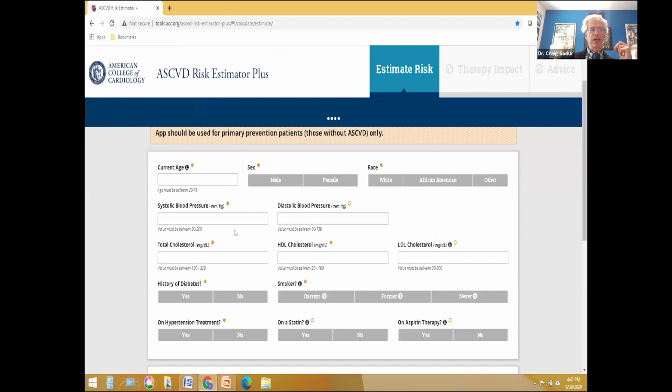Blood pressure, systolic, diastolic, cholesterol, total, HDL, LDL. Now you notice they don't have triglycerides, so you could do a non-fasting test and get the lipid panel components that you could put in here. The only problem is there are patients with significant hypertriglyceridemia, and in that case, many labs will say the LDL could not be reported because it's a calculated value. Now, some labs will go ahead and do a direct measurement, but the fasting test will give you most likely